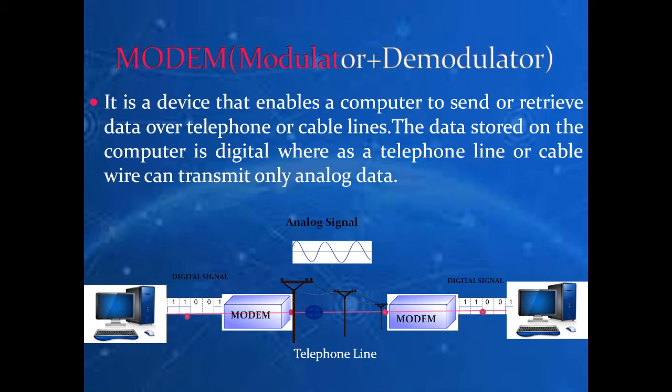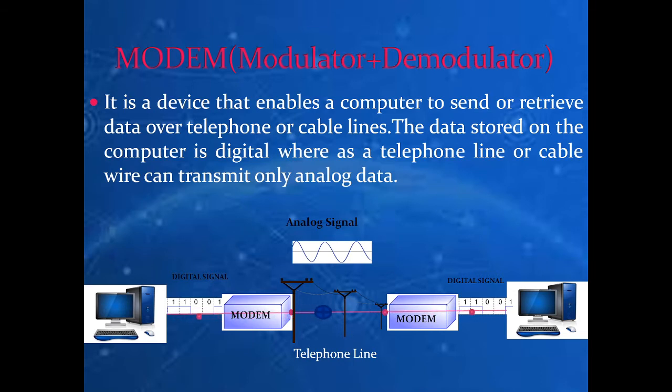You can see in the diagram that here we have one computer and here the telephone signal, and then again a computer. The computer takes the digital or binary signal, and here we have our analog signal. So it must have a modem so that the analog signal can be converted to digital signal, and the digital signal coming from the computer can be converted to analog signal that can be understood by human beings, because digital signal can be understood by the computer system and analog signal is understood by us.